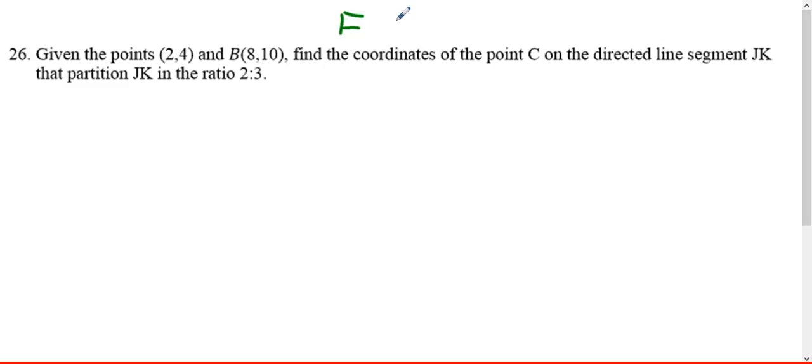This comes from Framework 5, about a directed line segment, splitting it into a ratio of 2 to 3. So that means that there are 5 total pieces that this is cut into. When you're splitting a directed line segment into a ratio, the ratio is 2 to 3. There's 5 pieces total. So what you do is you take those 2 points